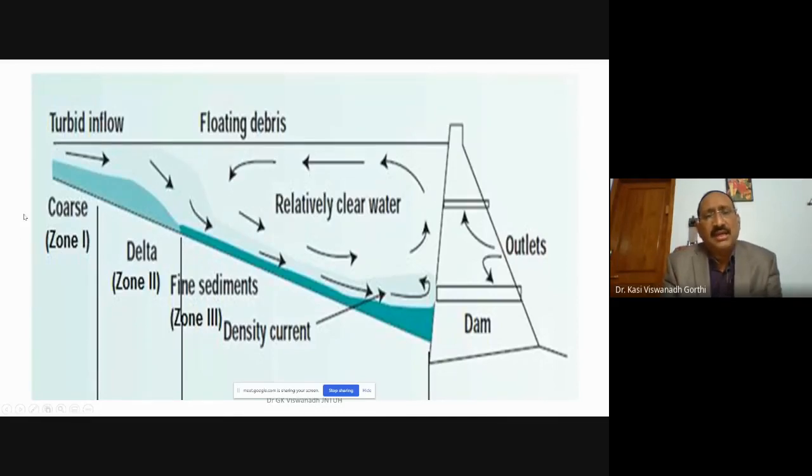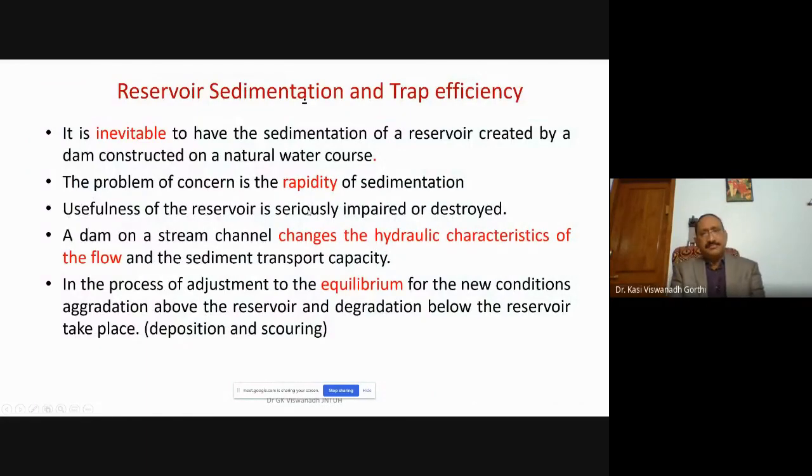So in this figure, you can observe that the flow is taking place in this direction because there is a dam constructed here. All the water gets stored. During the process of storing this water, at the bottom portion you can see dense sediment getting stored, and in the next layer you have the sediment which is in suspension. Then this is relatively clear water. So this is how the sedimentation would be taking place.